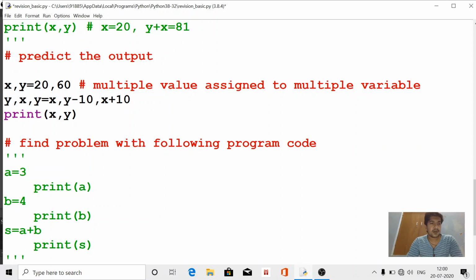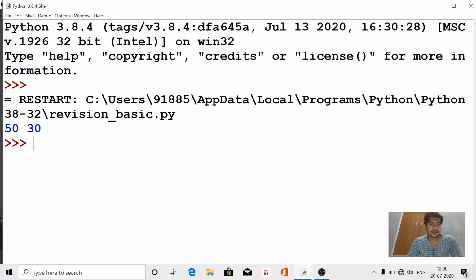Now y, x and y, these are the three lines. Two variables are declared three times: y equal to x, x equal to y minus 10, and y equal to x plus 10. Now print x and y. Now check the output. See, the output is 50 and 30, because two variables are there, x and y, and two values will be printed, 50 and 30.